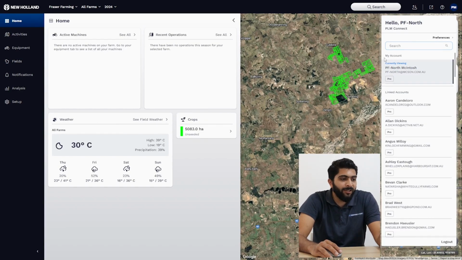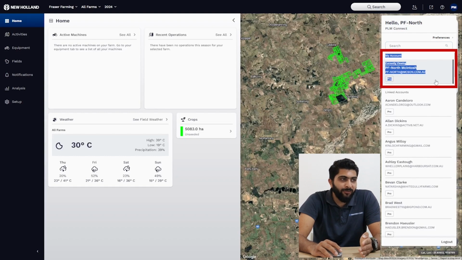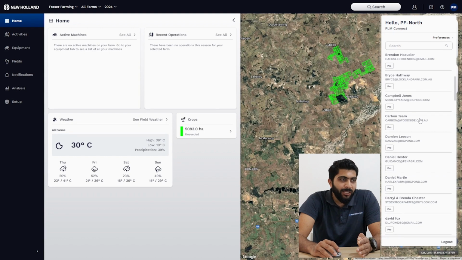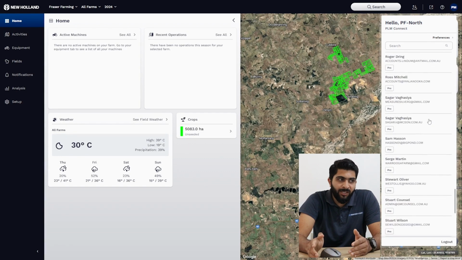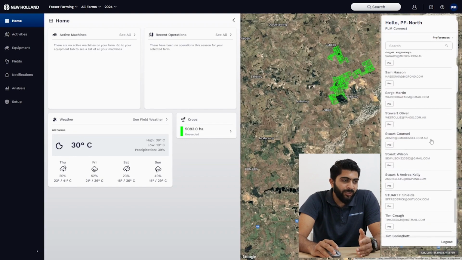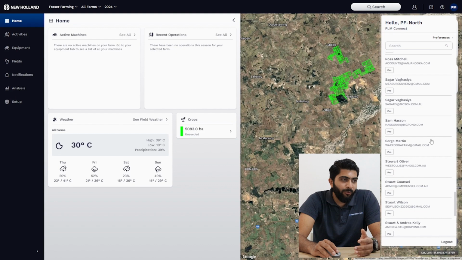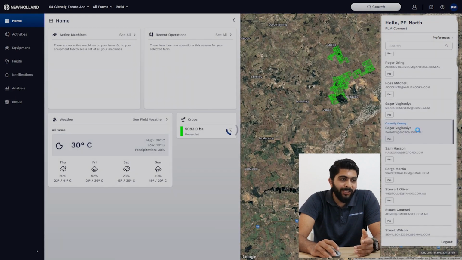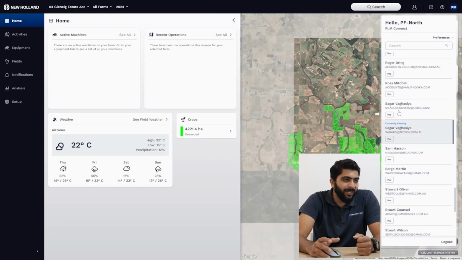And if that person has access to another linked account, then at first they can see their account information, and underneath that they can see whatever linked accounts they have access to. So for example, I have access to quite many of my customers' accounts. Now I can go into any of their FieldOps accounts and access their information like that. So for example, we will use the same account that we just linked to. So click it in there,